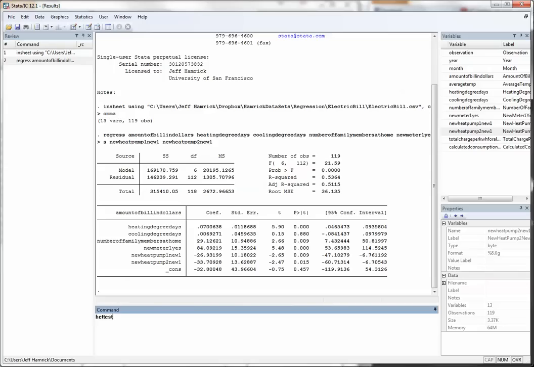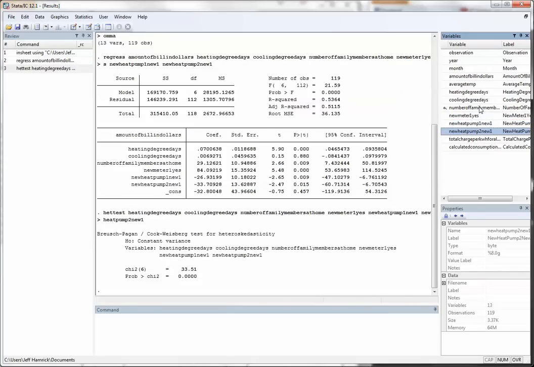So very typically that's all of the x variables, and because it's understood that the y variable will be the squared fitted residuals, you don't put in a y variable this time. So I'm just going to do hettest and the x variables that I used in the original regression. That was heating degree days, cooling degree days, number of family members, and the 3 dummy variables in the data set. So you then press enter to execute the test.